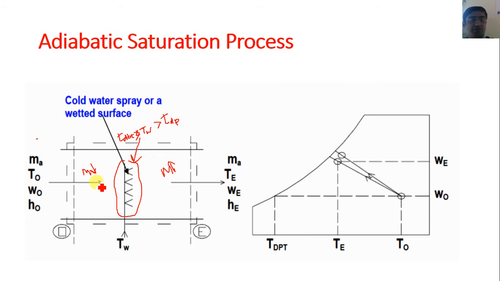If the cold water supply temperature goes below the dew point temperature of air, then condensation of water vapor may happen. Due to that, the amount of moisture at the outlet may decrease. So we have to avoid this condensation. The circulating water temperature must be higher than the dew point temperature of the air to avoid condensation of water vapor, because at the outlet we want to increase the moisture content of the supply air.